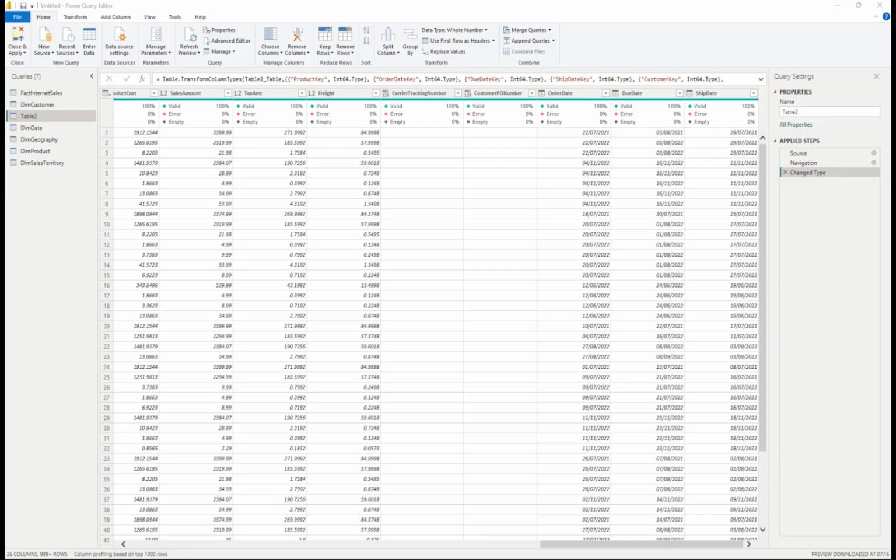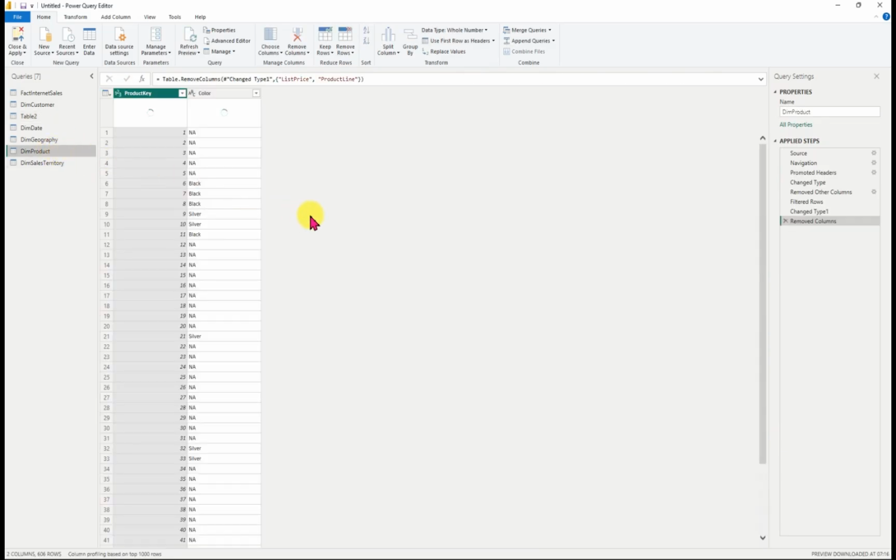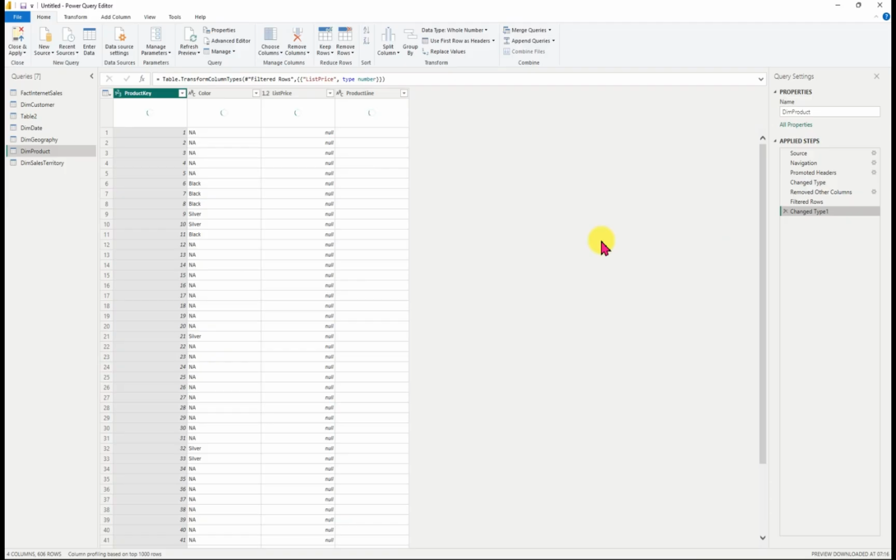So we see our sales amount is going to give us some of the price. So we still come back to our product here. We need to uncheck this. Actually, we need the price. I'm not finding the price here. So for the product, we need our price. Let me uncheck this. I'm going to remove this because I want the price to come in. This is the list price. This is the product line. So these are the price,